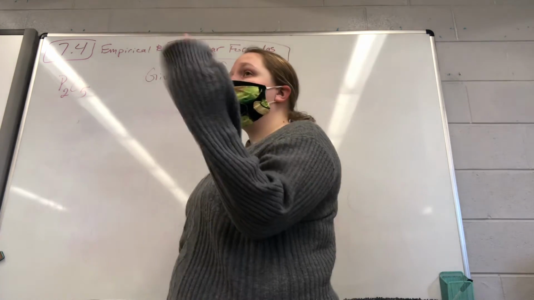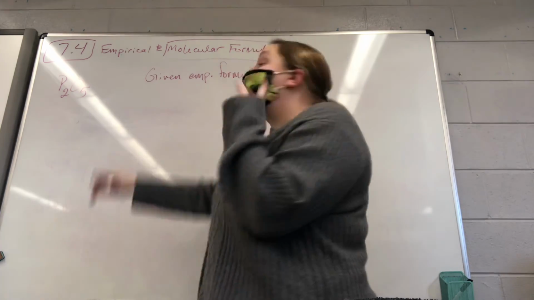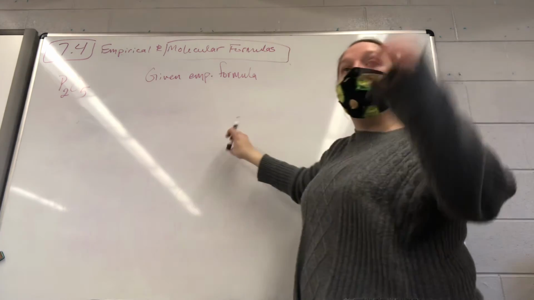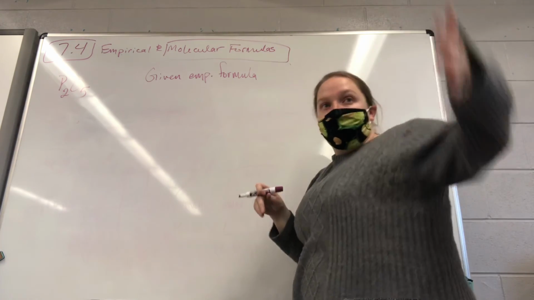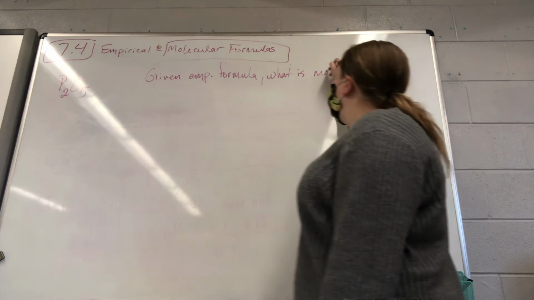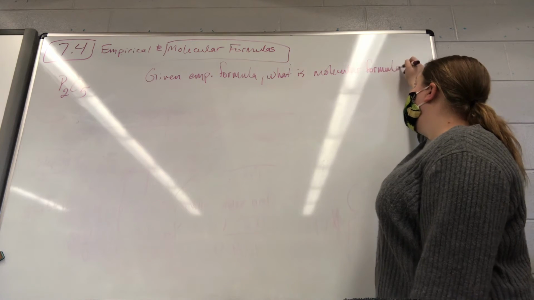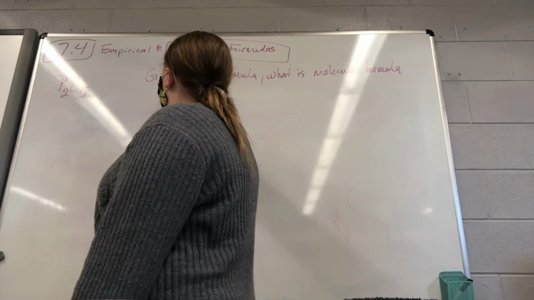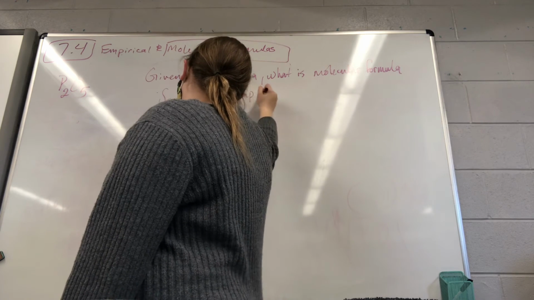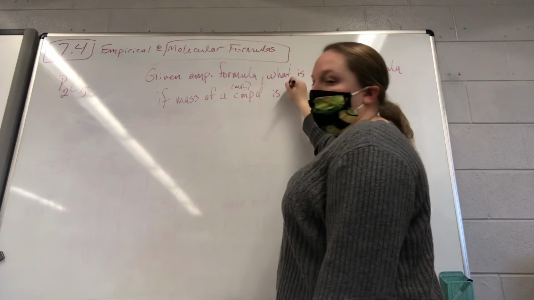Okay, so first thing, let's say you're given an empirical formula like P2O5. Let's say you're given the information to get an empirical formula. However the problem starts, you need an empirical formula to do anything with a molecular formula. You would be asked, what is the molecular formula if the mass of a compound, molecular compound if you will, is